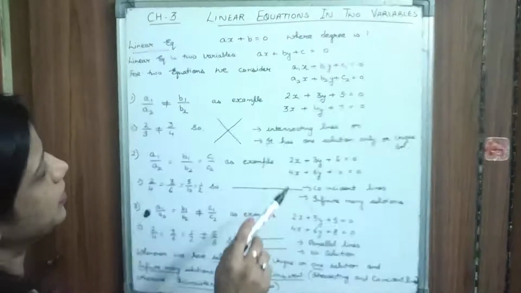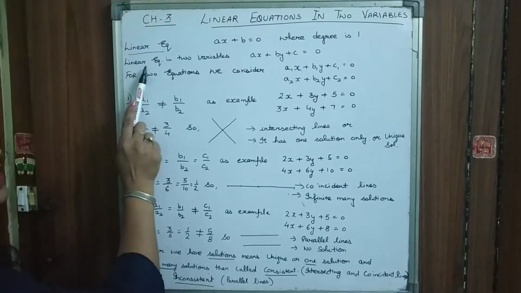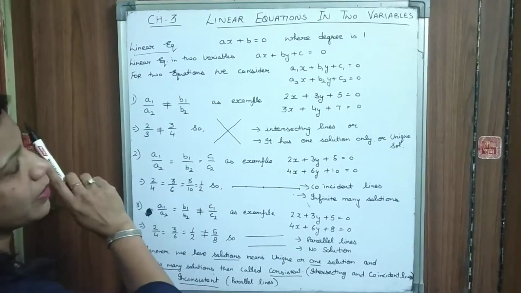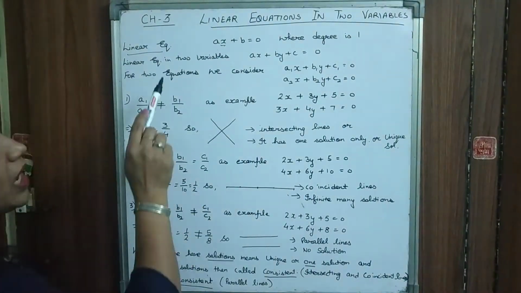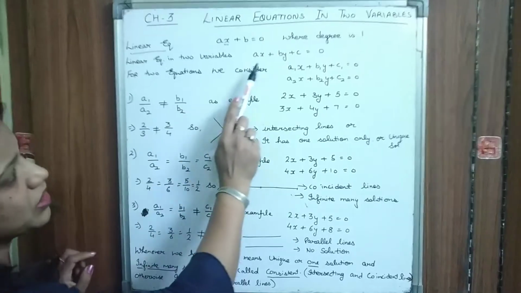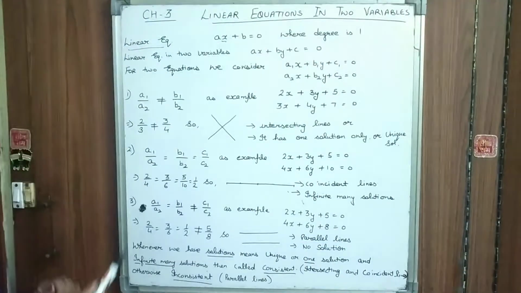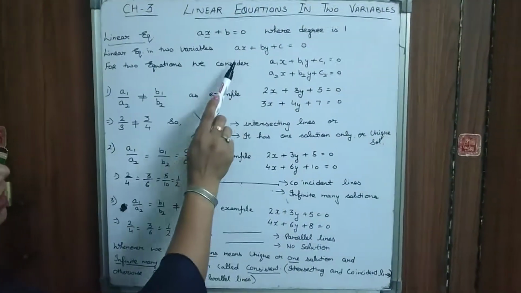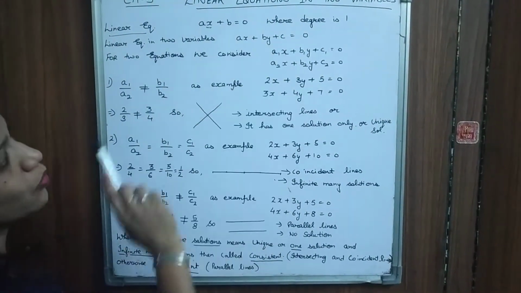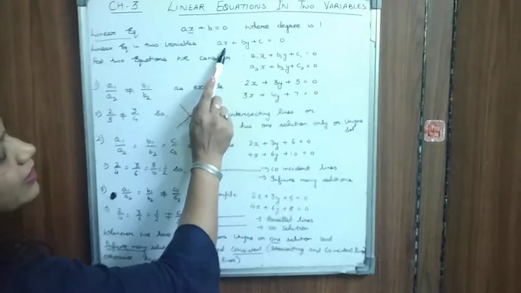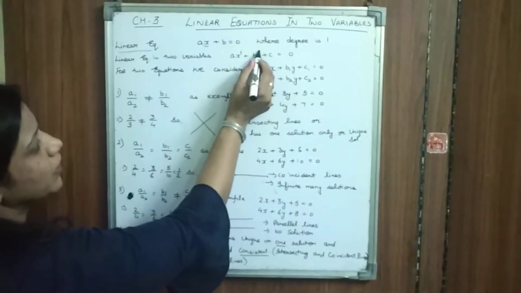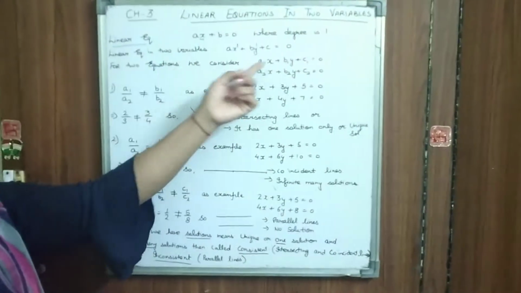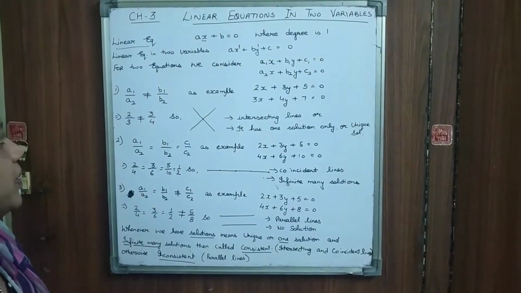But in this chapter, we are going to study linear equations in two variables. We all know very well that here x is the variable. So now we need to take a linear equation with two variables. We will take it as ax + by + c = 0. And be careful, the degree of the variable will again be 1, the highest power will be 1 only. So we can say it is a linear equation in two variables.